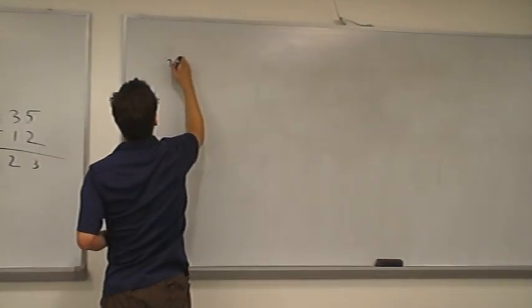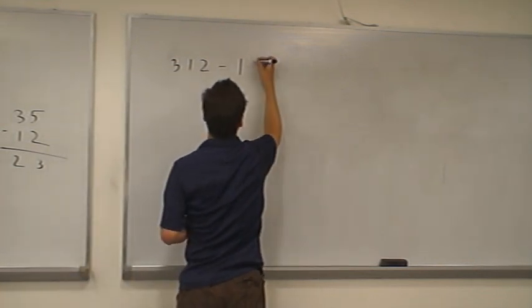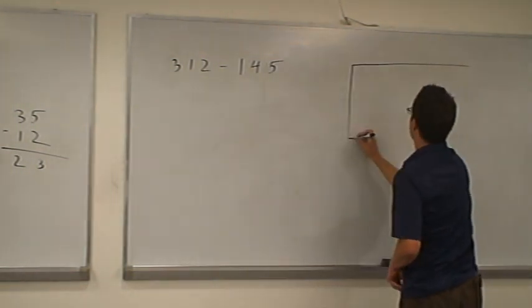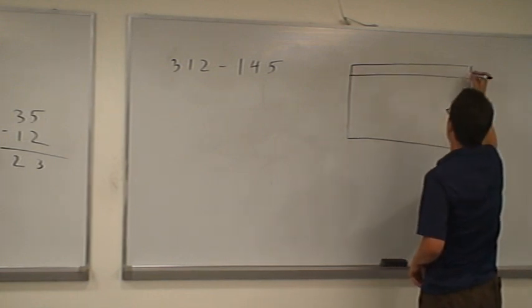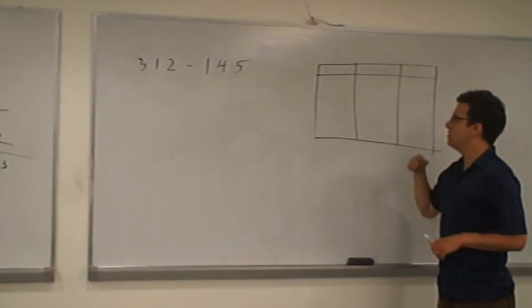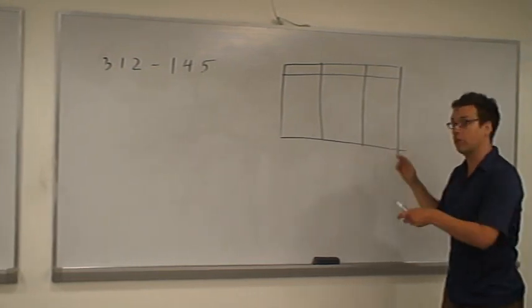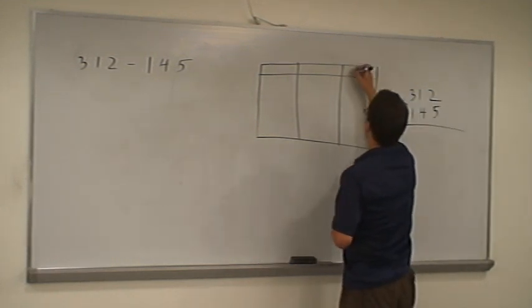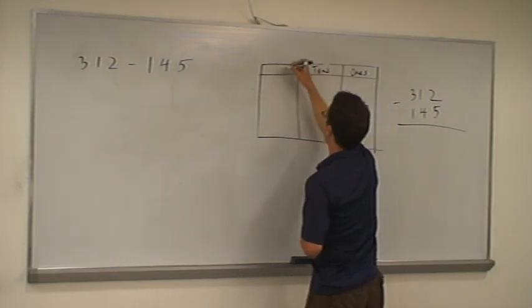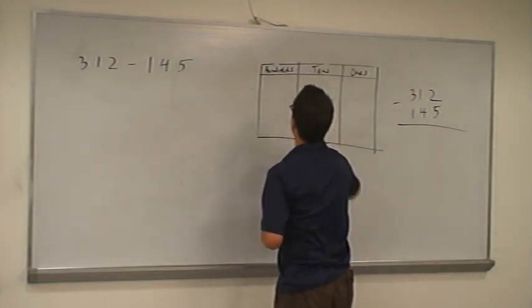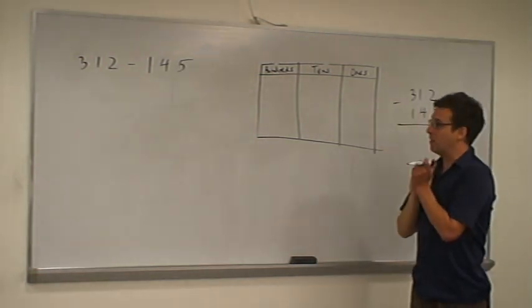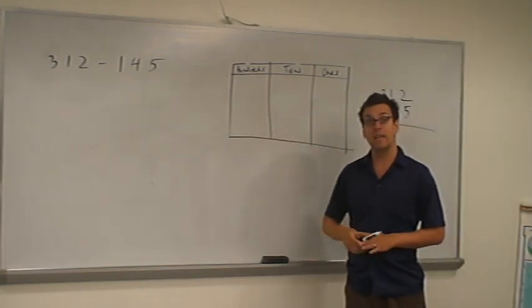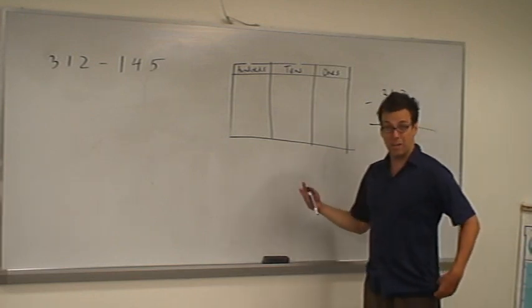So let's say we wish to subtract 312 minus 145. Again, if we were teaching this to a class of students, we would do probably several examples on the model first before we dove right into the algorithm. I'm going to do the 2 problems in tandem, again to illustrate how a step on the model can be replicated on the algorithm. Again, in this case, we have 3-digit numbers that we're subtracting, so our chip model needs 3 columns, ones place, tens place, hundreds place. Again, we remember also that one way of thinking about subtraction is taking away,